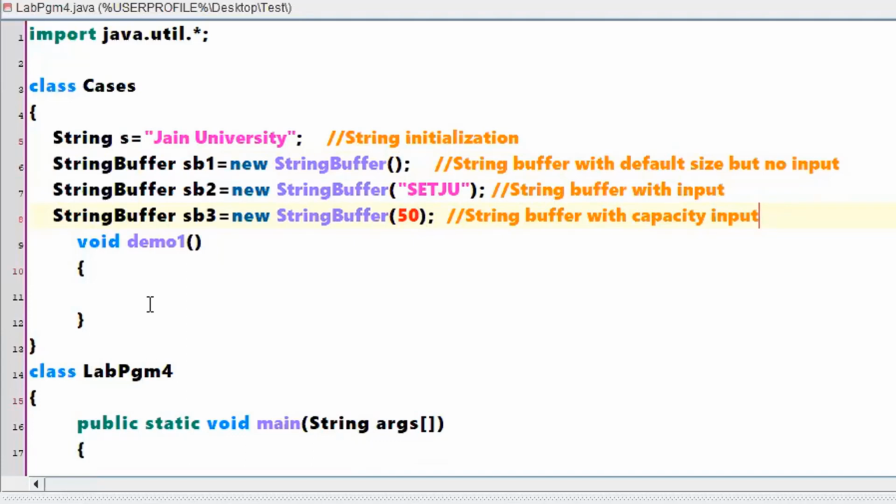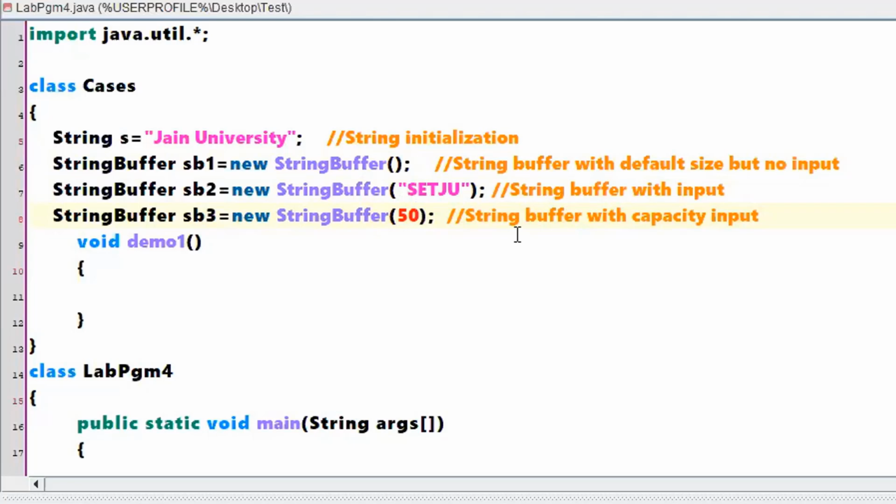Can I proceed? With respect to string buffer, these are the different constructors that we have seen. If you want me to show the slide again, I'll show you, no problem. So just creating some objects. One object is a normal string object, and the other 3 objects are string buffer objects.